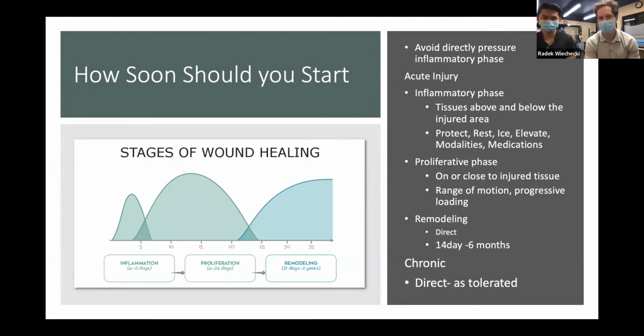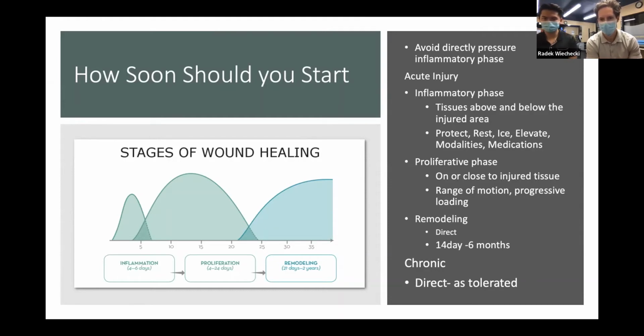So if you had an acute injury of, let's say, a muscle strain, the inflammatory phase happens within the first kind of week or so. And at this point, it's not maybe the most effective tool to do soft tissue release around or directly over top of that area. What you want to be focusing on is the tissue above and below the injured area. That way you still continue to use principles of protect, rest, ice, elevate, those kind of natural healing principles, and facilitate a good clearing of the debris that's occurred within your tissue. So no or very little soft tissue work over the injury site in the first 7 days